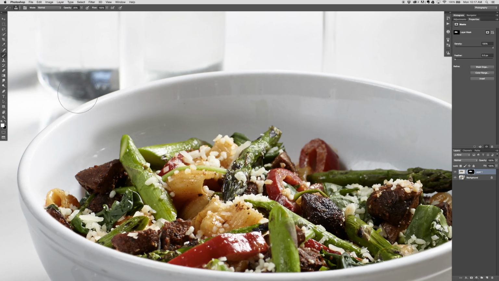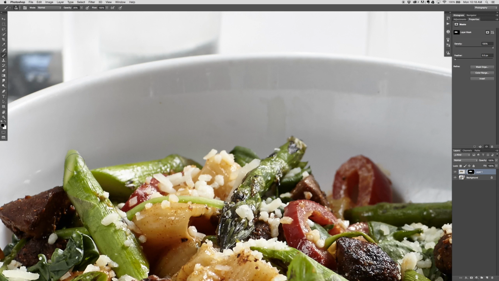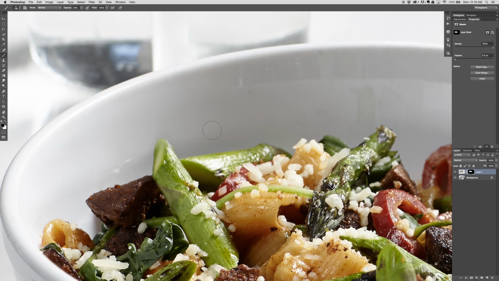And to blend, I'm going to use a little bit larger brush, and I want to be sure that my hardness is all the way down at 0. And I'm going to use a low brush opacity. I'm going to start with 20. And so I'm just trying to create a smooth gradient so that the difference doesn't come in a sharp line or more defined line. I just want it to blend. So I'm really paying attention to how I'm blending these two pieces along the gradient inside the back edge of this bowl. But there's this one piece of asparagus that is kind of breaking out through that line,